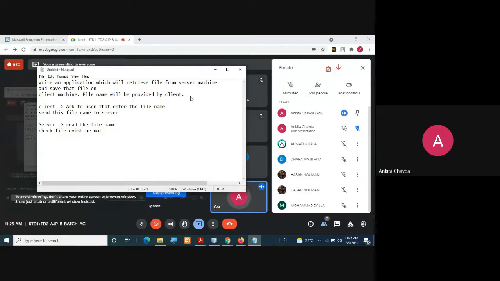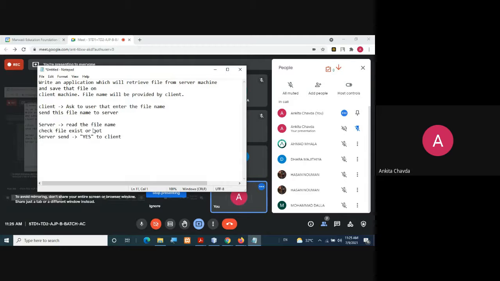If the file exists, then the server will send yes to the client.